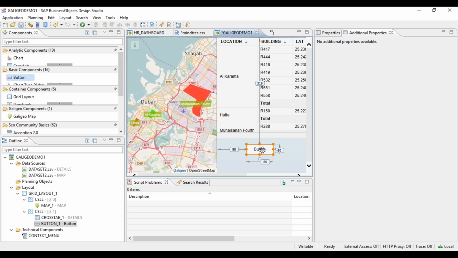So what we are doing, we are creating the grid and all these components first, and then we are including these planning objects. Is my understanding right? You are just using the planning objects basically. You will not create the planning objects here. You are using the planning functions only. You will not create planning function in Design Studio. You will just use it. So what exactly do they do actually?